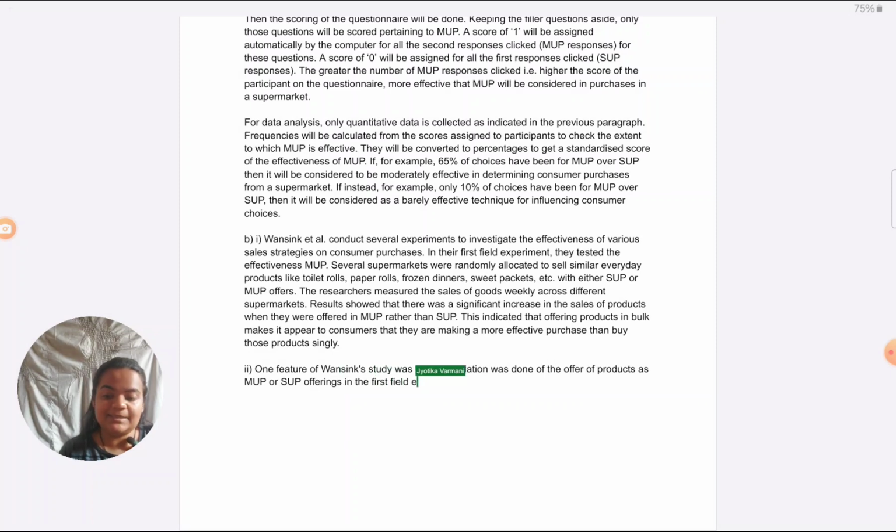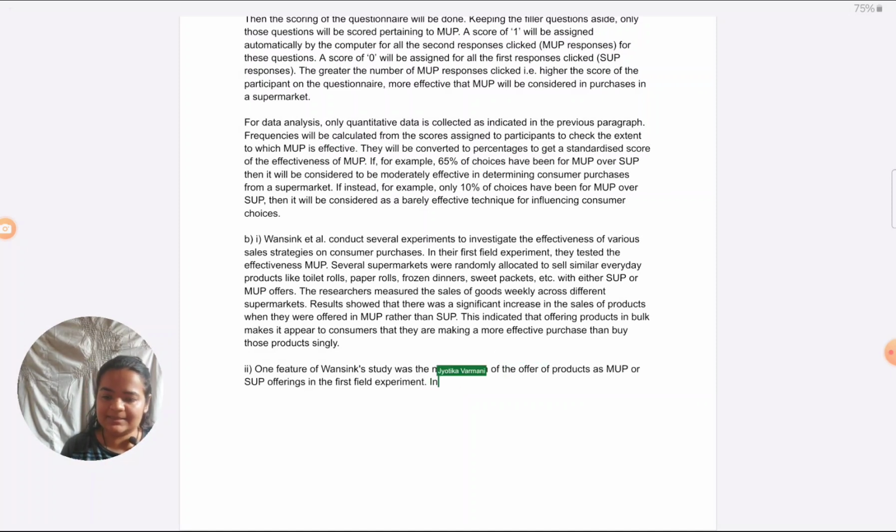Now, explicitly, you have to link to your study and show where you have used this manipulation in your study. You can't say, I have used this in my study and move to the next feature. Where have you used it? Exactly where, point it out. So, how you have to point it out is